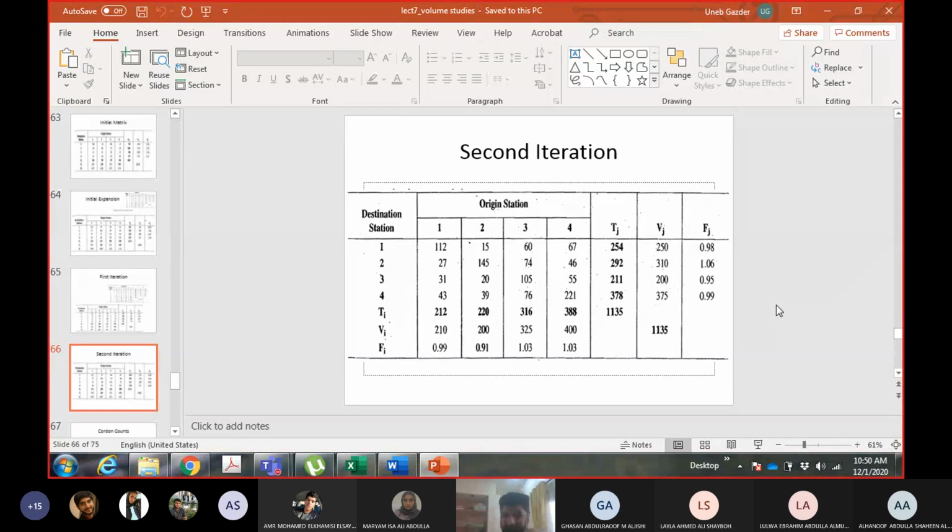So this is like a check. If you want to check if your calculations are correct, because the calculations are so complicated and involve so many factors, if you are making a mistake, you will know from here. Just compare the factors with the previous iteration. Are these factors getting closer to 1 or not? If they are getting closer to 1, that means you are on the right track.